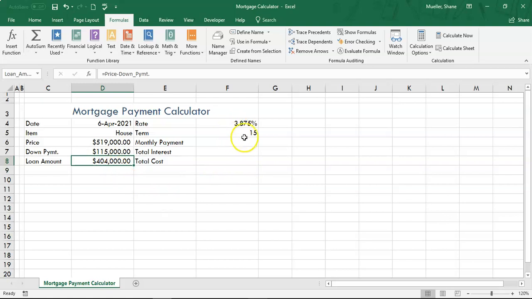All right, so now we're going to calculate our monthly payment for our mortgage. The payment is going to be based on the rate of our loan, how many terms we have, and how much money we're taking out. And so in cell F6, our monthly payment cell,